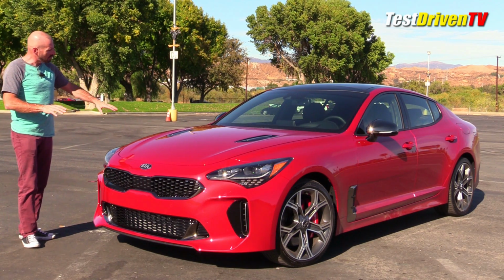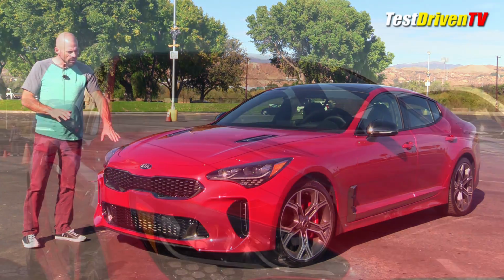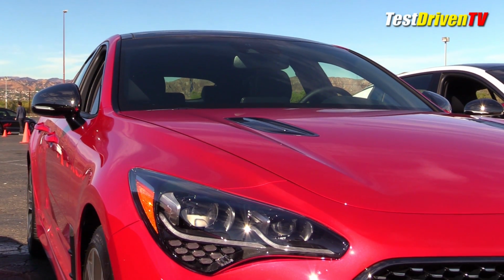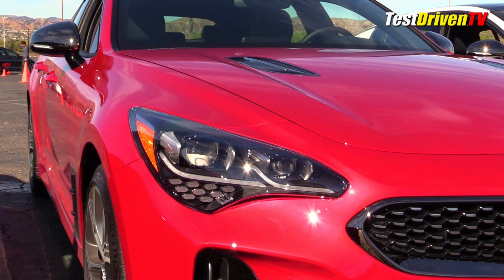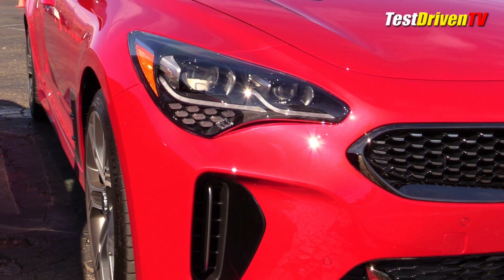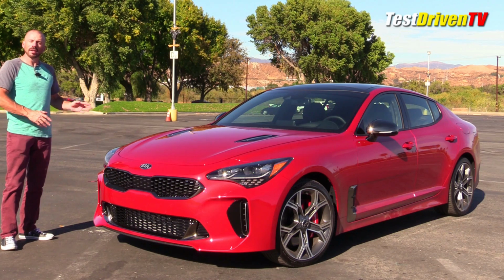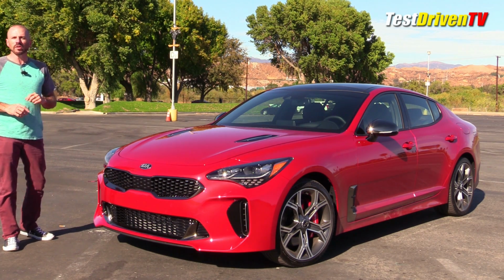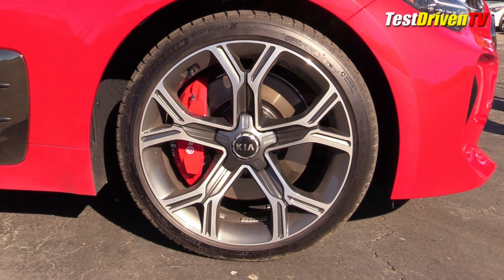As you look at this, you'll see that the fenders wrap over the front lines and this hood sets flush down inside, sort of a higher end look than you expect in a lot of economy cars. On the hood there you have some nice vents, but those are not functional. Those are strictly ornamental. The vents you see down here in the lower fascia are, however, very much functional. They route air into the brakes. Big brakes on this, you can see through the wheels, Brembo brakes, and these wheels are 19-inch,